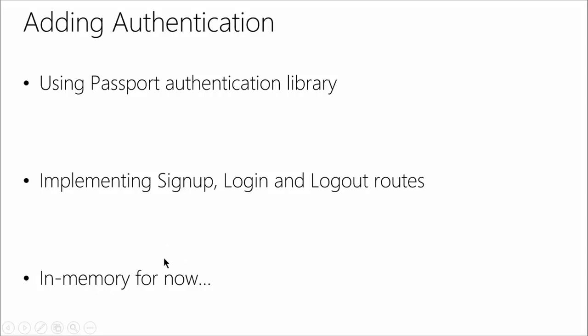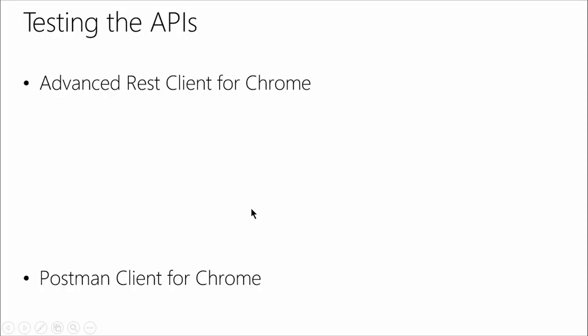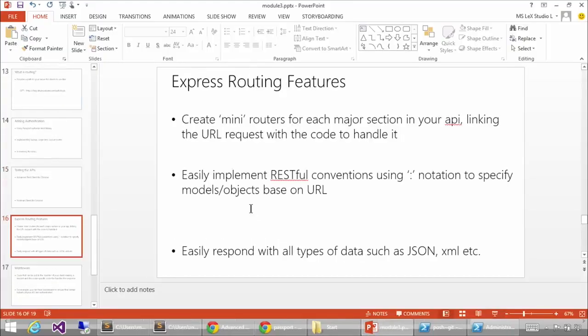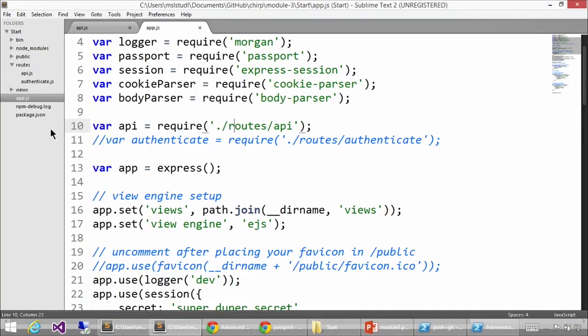And instead of storing users to MongoDB, for now we'll just use in-memory so that we don't have to talk about Mongo until the next session. So I talked about testing the APIs, and we're going to create mini routes, mini routers that we've already done. But we're going to use this same routing model over our authentication piece. Okay, so let me jump back down, and we're going to create a new file here